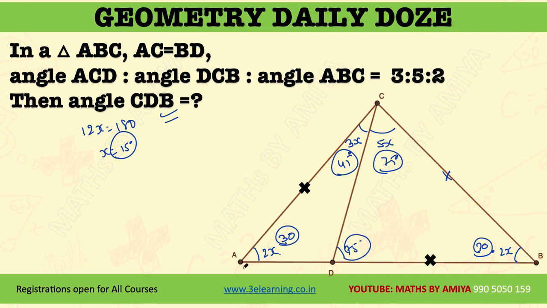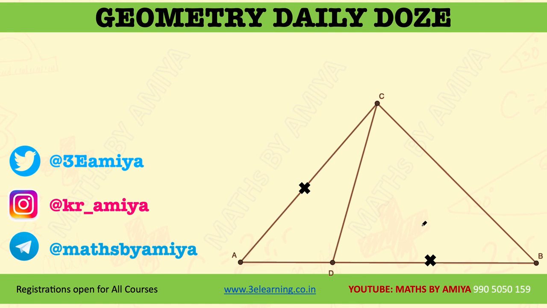So I'm just repeating. If you have AC equal to BD and the difference of these two should come here, then this angle must be the same. So check the property again. If you have AC equal to BD and say this angle is X and this angle is Y and this angle is nothing but X minus Y, and these two lines are the same, it is given. Then you must know this angle is also X minus Y. This one is the outcome, under the condition these two are the same.